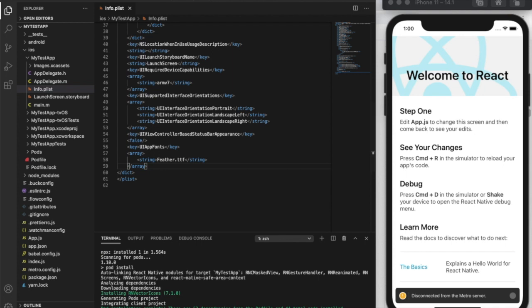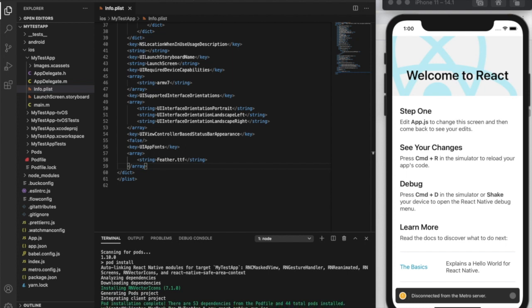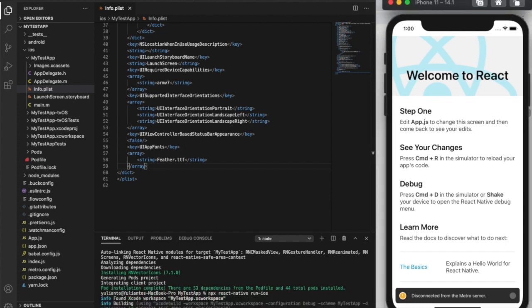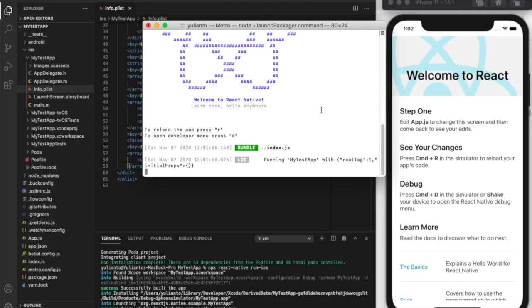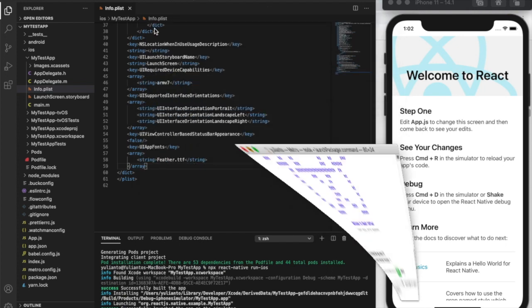Okay, finished, and then you run the simulator again with npx react-native run-ios. I already restarted the Metro service and